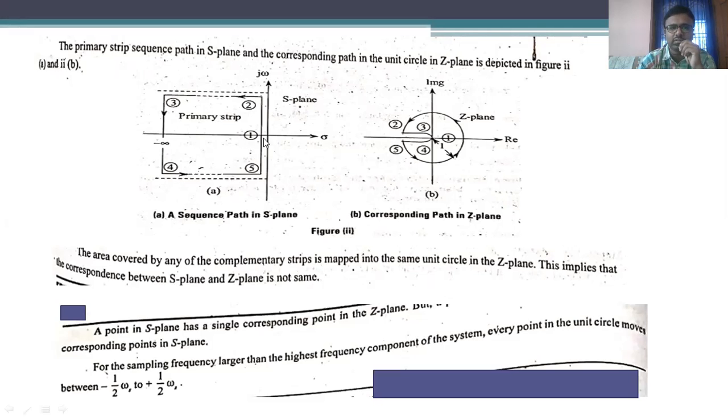The sequence is going to start from 1, 2, 3, 4, and 5 on the left hand side portion of the S-plane. Let us suppose these are the different poles considered on the left hand side portion of the S-plane. So how is this portion going to be represented